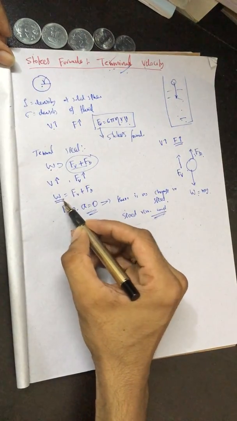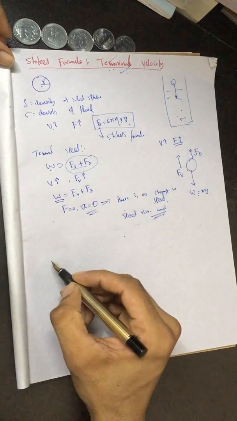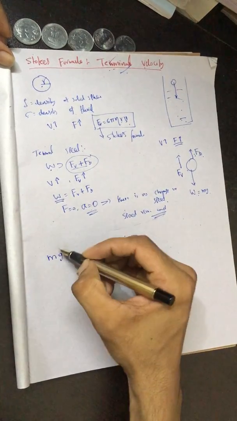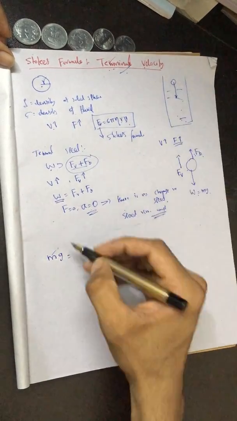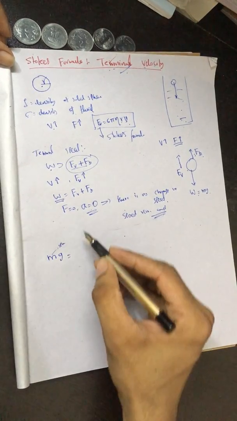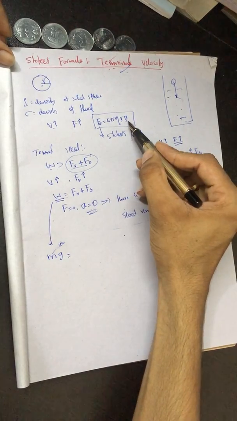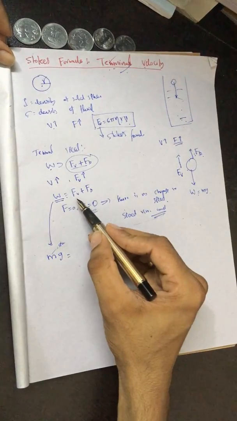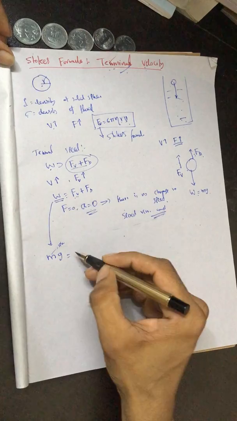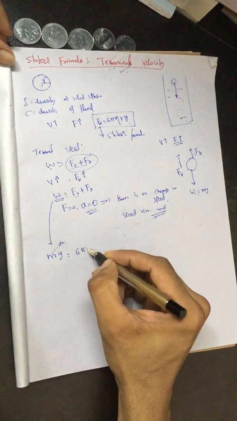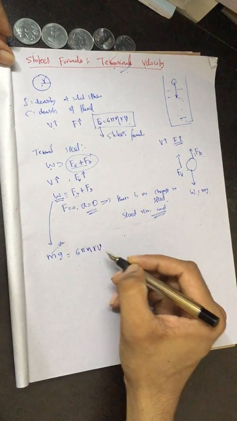This is the weight of the solid sphere, which is m into g, where m is the mass of the solid sphere. This is equal to the following condition, and I'm going to find the terminal speed Vt. This is the viscous force, 6 pi neta r v, where v is the terminal speed,